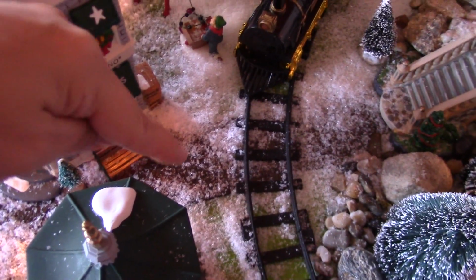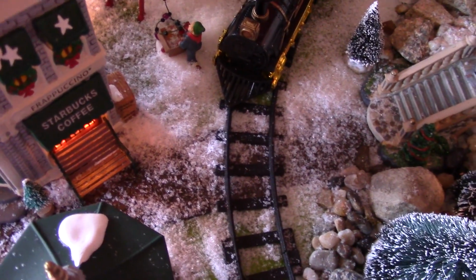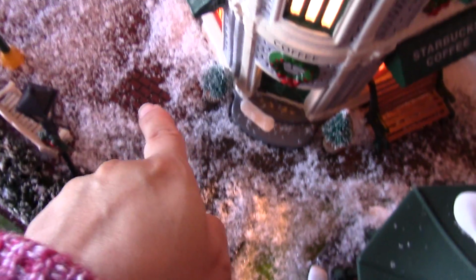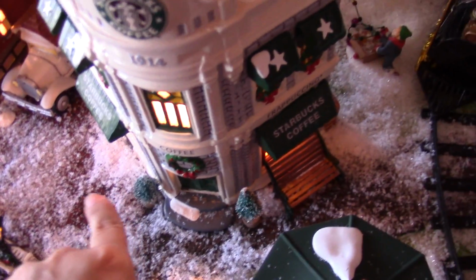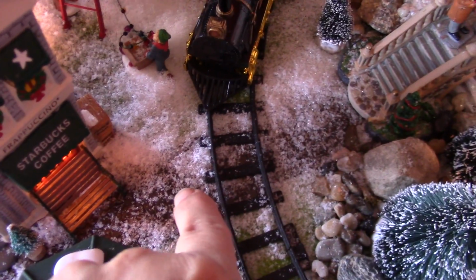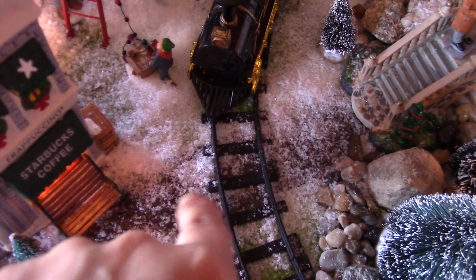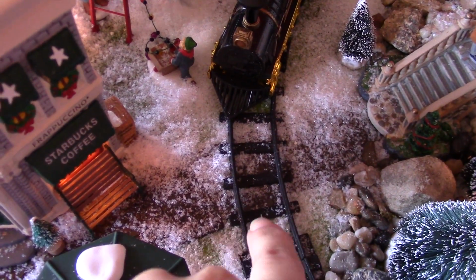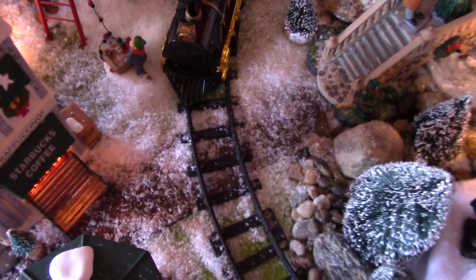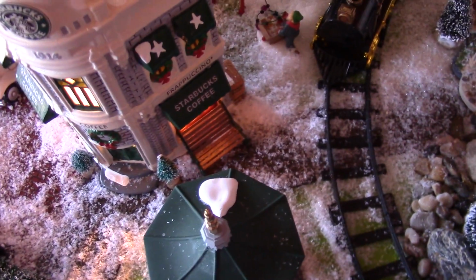So I just took some stone. You can buy, like here I have some brick. You can buy this little plastic mat that you can put on your village. And so I have brick here, and then I had some pieces of a stone one from a number of years ago with my village, and so I just cut it to make it look like it goes from there to there. And then if you put snow around the edges, you can't really tell that it's a square cutout or a rectangular cutout. So that brings you from kind of like across the tracks and from the city center